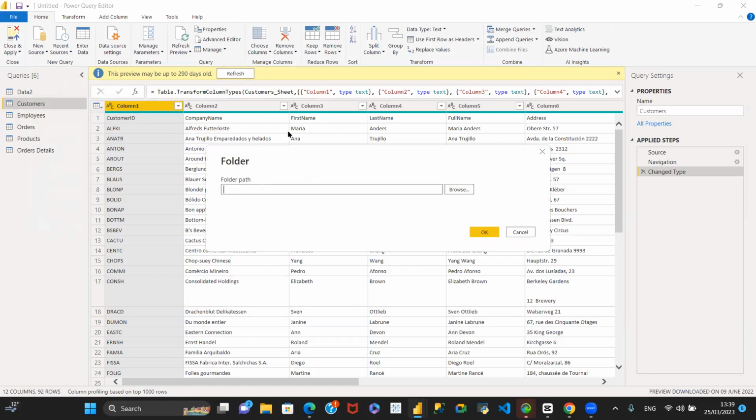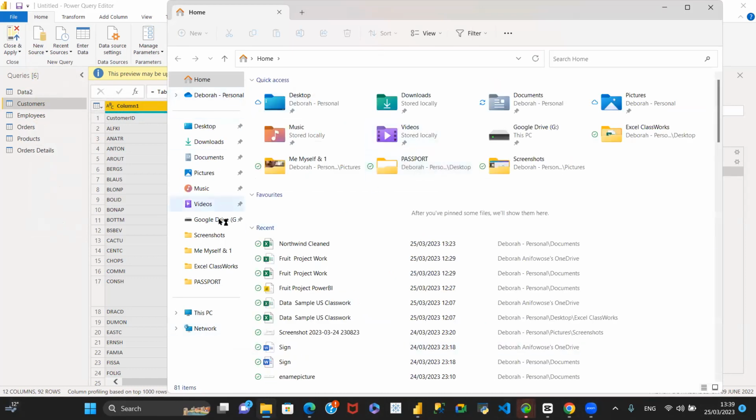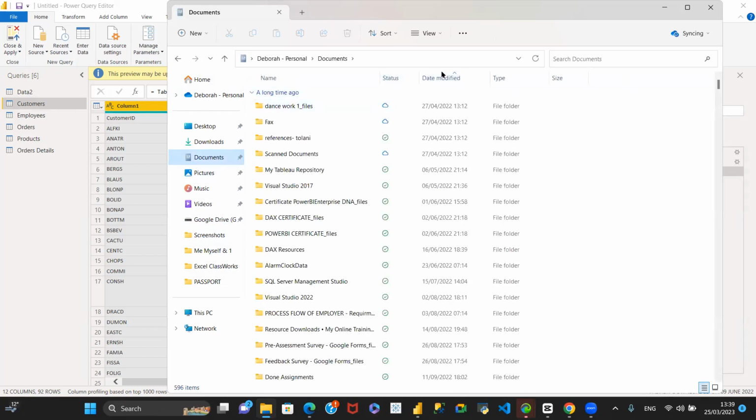Okay, it's done something different from what we had before now. It's asking me for the folder path. How do I get the folder path? Okay, let me see if there's a folder on here that I can quickly borrow. So if I was going to bring this folder in, let's say DAX resources,